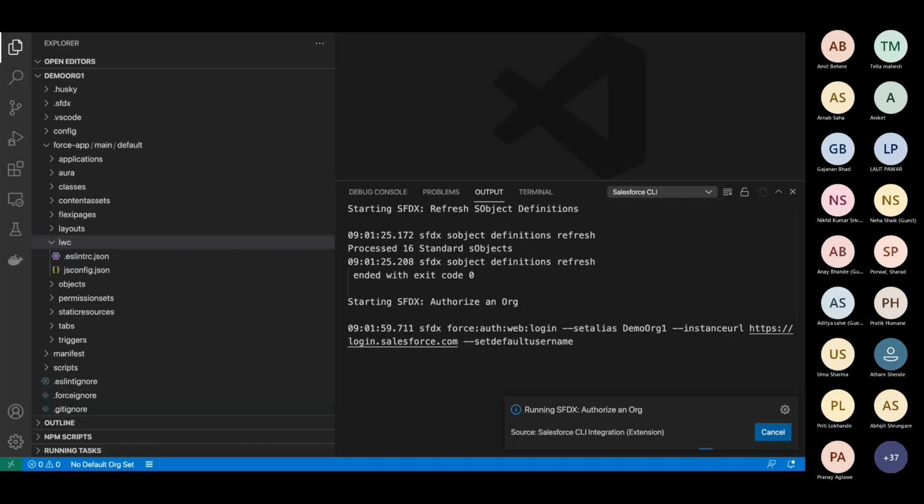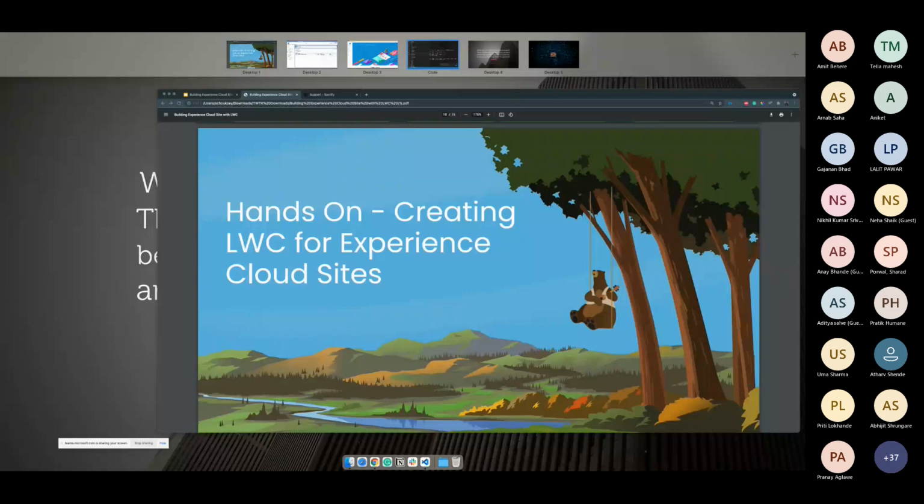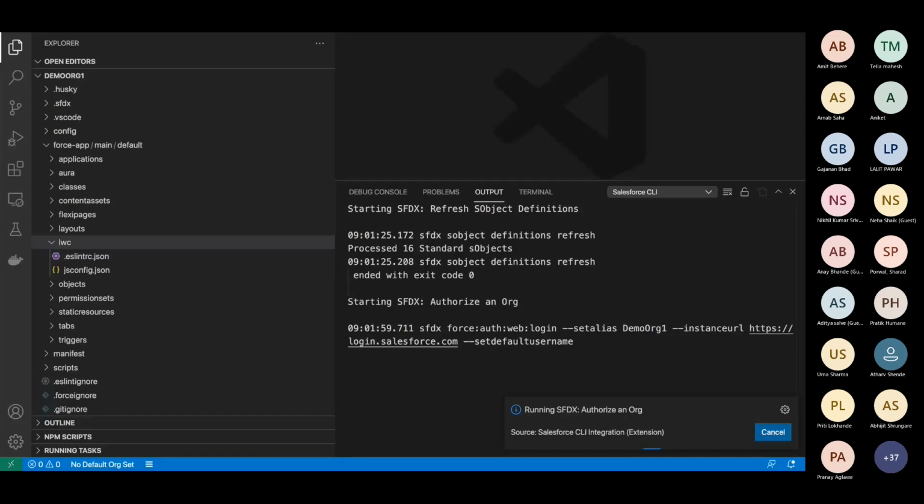I'm logging in and authorizing the org. Okay, so my org is authorized.